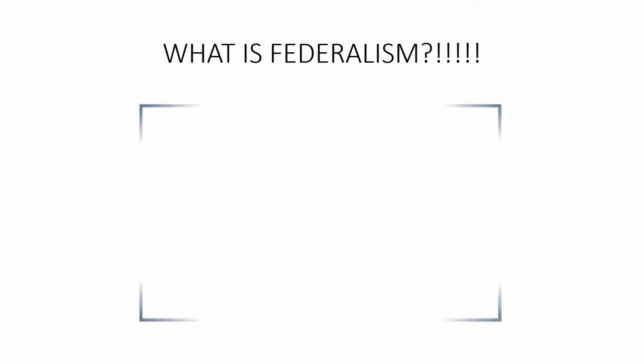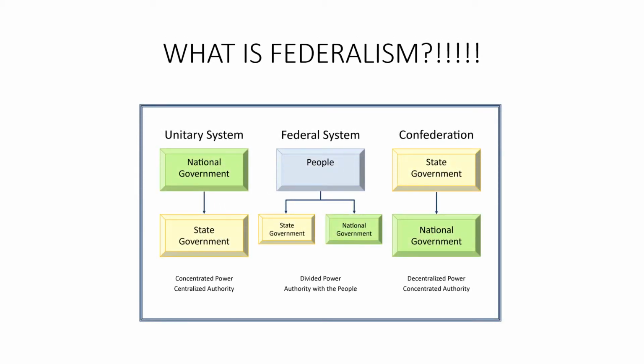Okay, let's take a look at what is federalism. I found this little chart on the internet and thought it would be helpful to explain what's going on here. This is putting together 3 different types of systems side by side, and that's why I chose it. First off is this unitary system, and you're going to find this type of system mainly in Europe, or Japan.